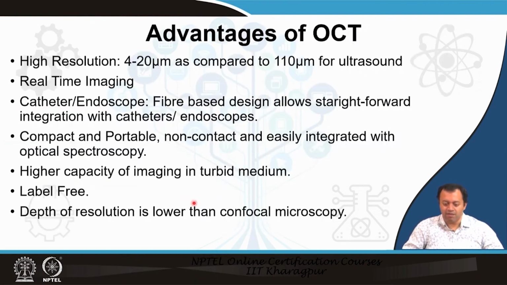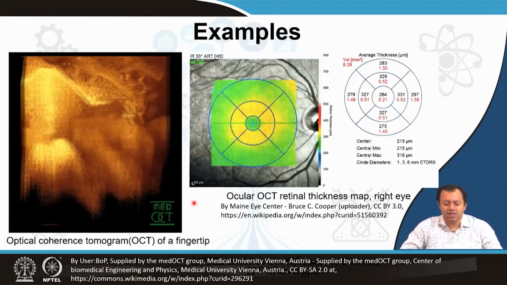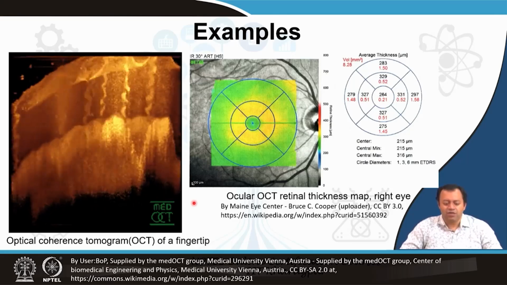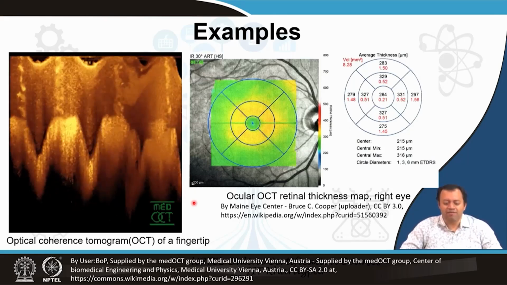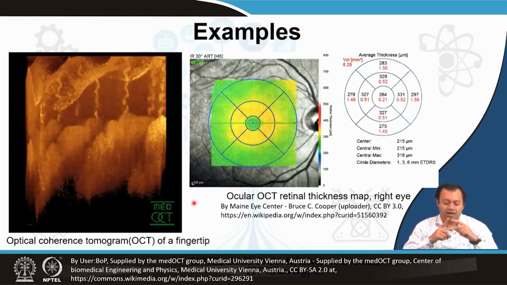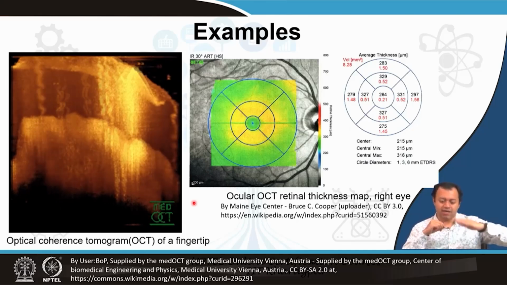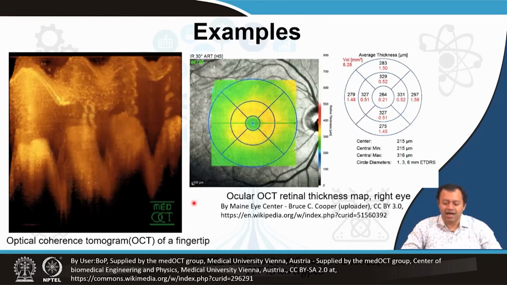I will give you an example of advantages. They are pretty high resolution, they have very real time imaging, endoscope, etc. All of these things are done, but the imaging is this, right. This is the optical coherence tomograph of a fingertip. You have put a finger past different types of light and adjusted that, and you have figured out one layer at a time and have reconstructed the entire thing